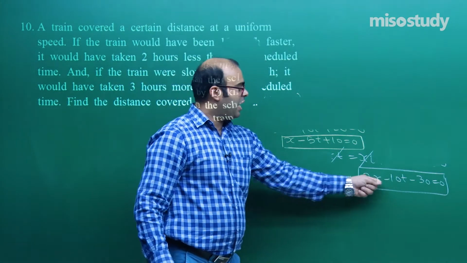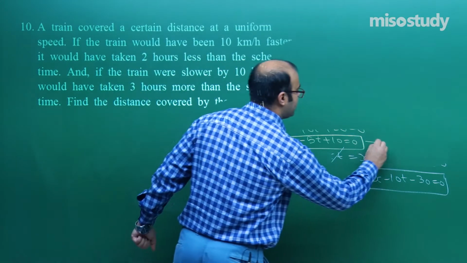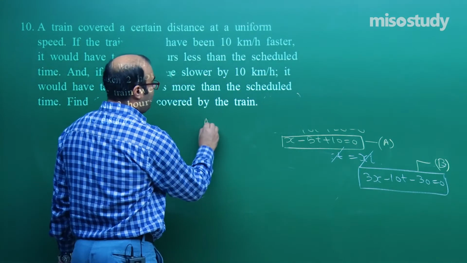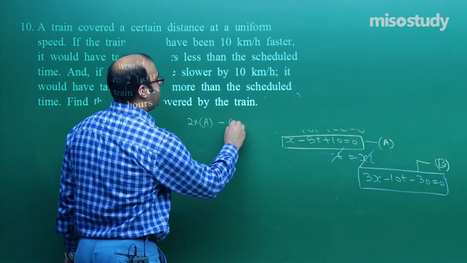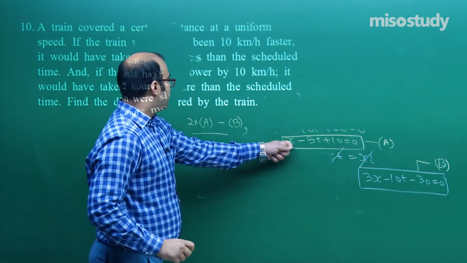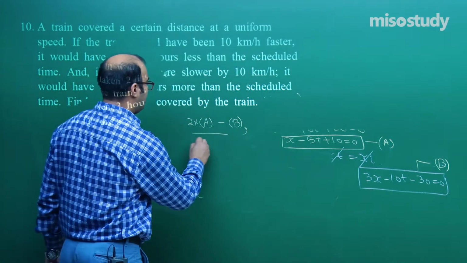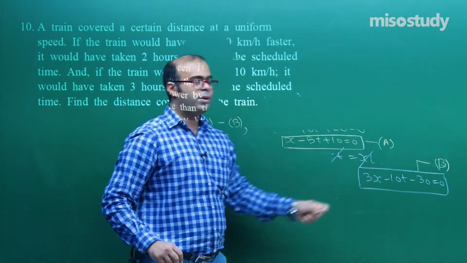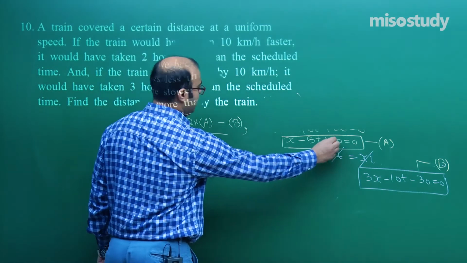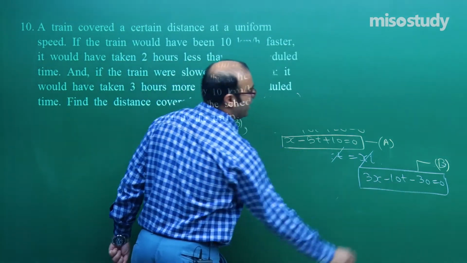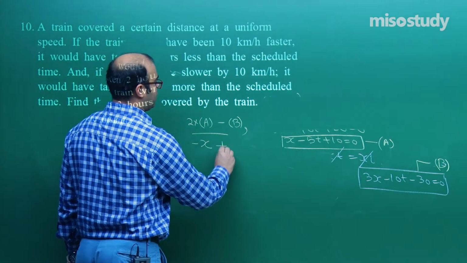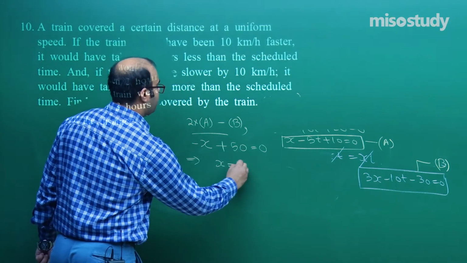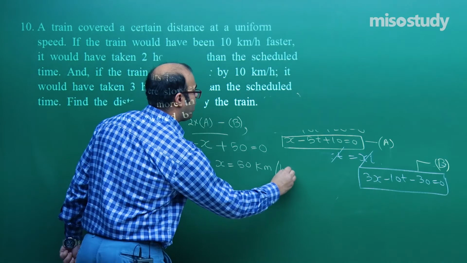In order to solve these, let us suppose this is the A equation and this is the B equation, as earlier we took equations 1, 2, 3. So A when multiplied with 2 and B subtracted from it, what will we get? 2x here minus 3x here will be minus x. Interestingly, this will become minus 10t, and on subtraction this will become plus 10t, so it will cancel. Then it will become 20, and minus minus becomes plus 30. So we will get minus x plus 50 is equal to 0 here, right students? So x is equal to 50, which is the speed of the train, 50 km per hour.